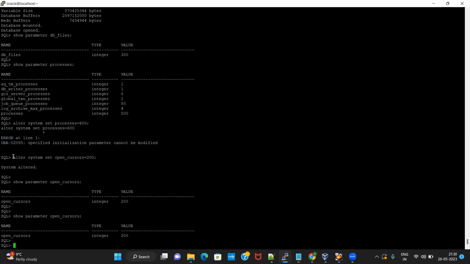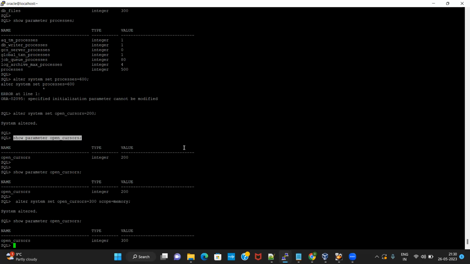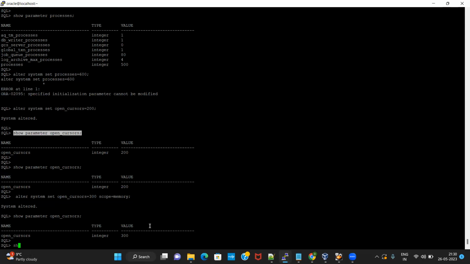What I'll do is say alter system set open_cursors equals 300 scope equals memory. Now, if you see the parameter value, it is showing a value of 300. That's what we updated it to. Correct. But if you bounce the instance,